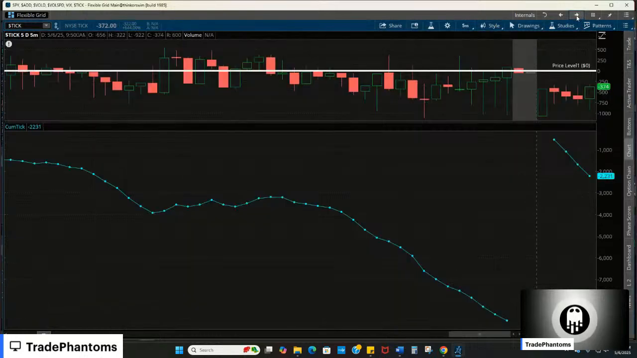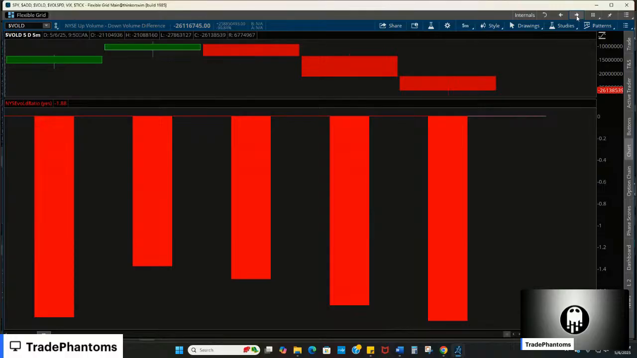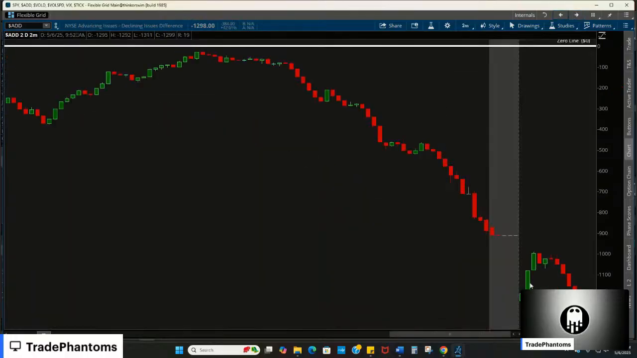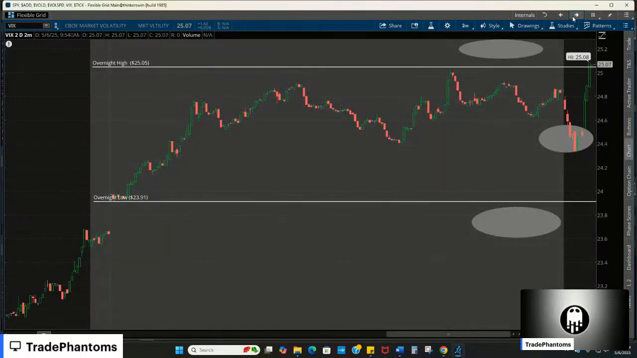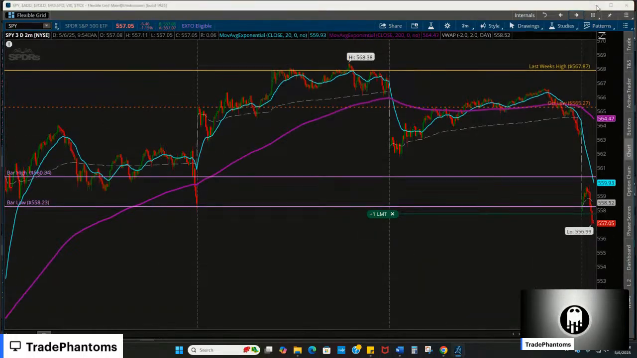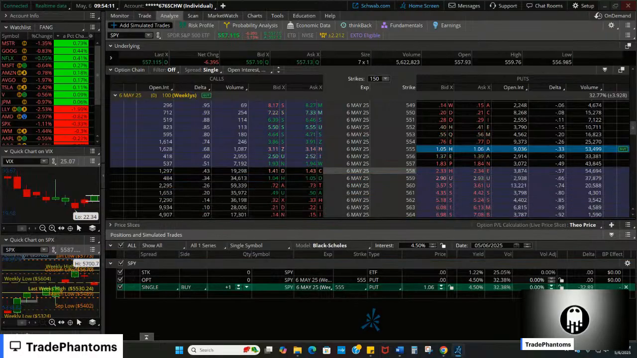All right, VIX new highs. That's bearish a bit there. Advance-declines trickle down over. All right, so if I would do the same thing in SPX,